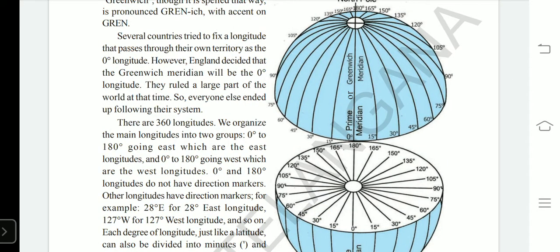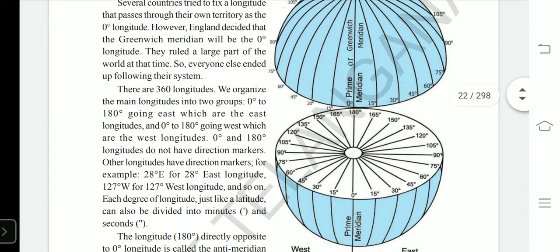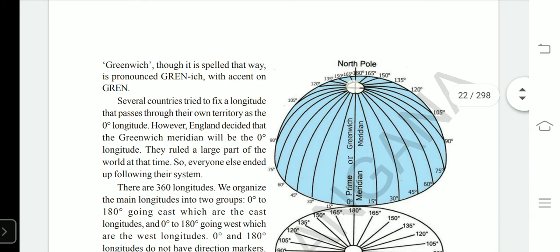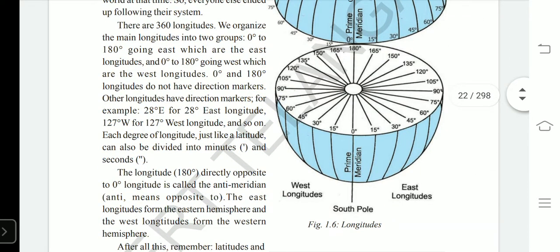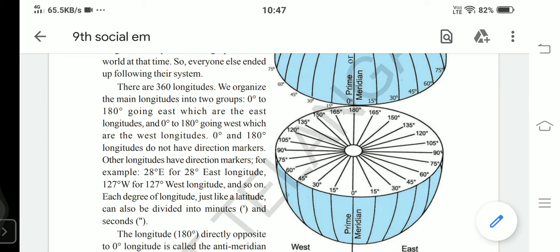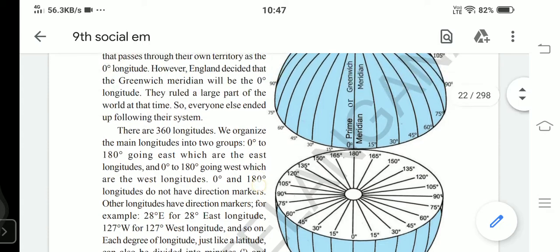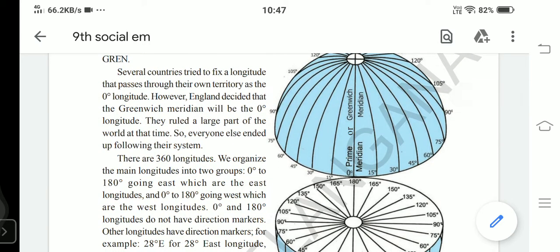And these are connecting from pole to pole. See, from one latitude to another latitude, there is no connection. There won't be a connection or relation from one latitude to another. They never touch one another. Whereas all the longitudes will converge at the North Pole and at the South Pole, right? When we draw longitudes like this, all the longitudes will touch at the North and South Pole. That is what I want to say, that is, they converge.